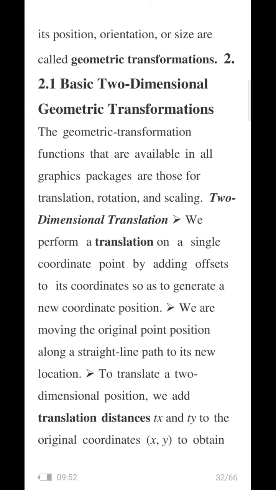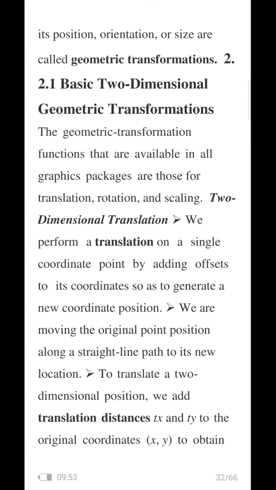Suppose an object, a point, is located at position 10, 10, in the sense the x parameter is 10 and the y parameter is 10. Please try to understand: an object, that is a point, which is located at position 10 comma 10, x and y coordinate values, and you want to translate it to a new location, say 20 and 20.